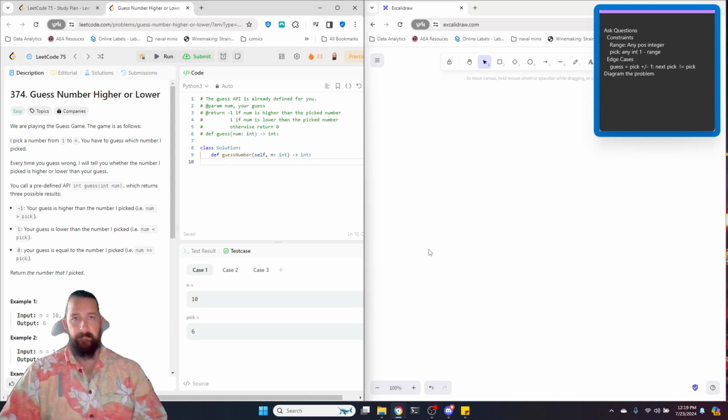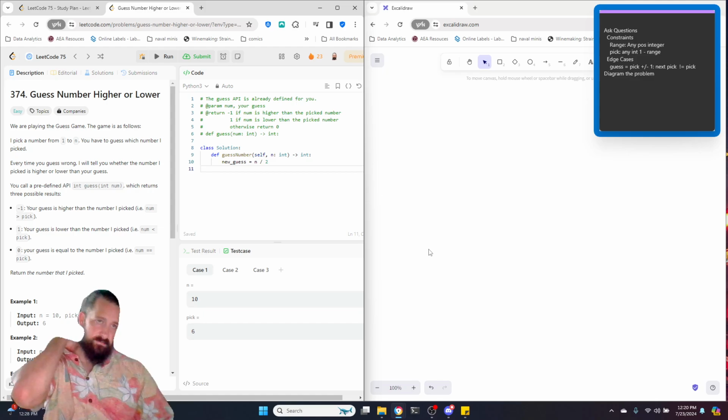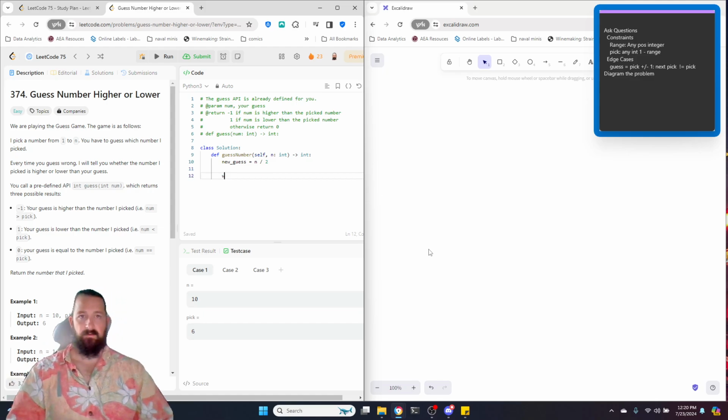So we're going to do guess equals n divided by 2. New guess equals n divided by 2, and then